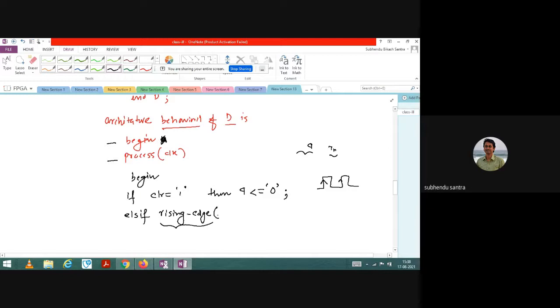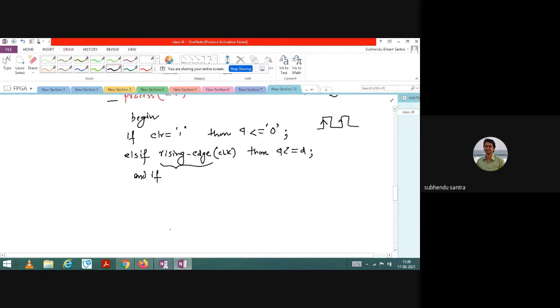Rising edge of what? Clock. Rising edge of clock. And then I will directly assign Q equal to D. Okay, and so end if, and end process.